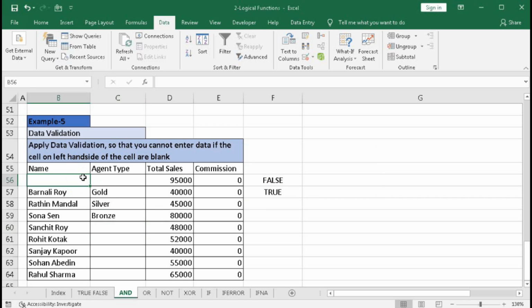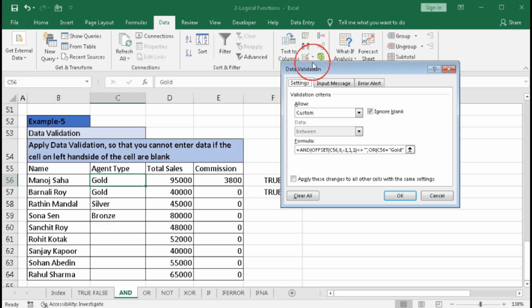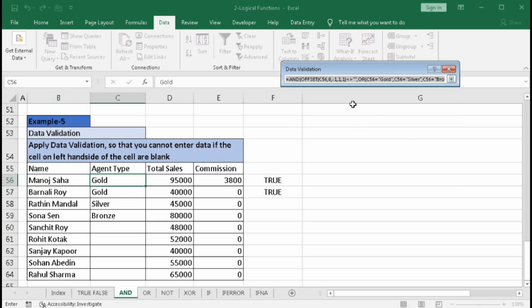As soon as I enter a value here, here I can enter gold, you can see. So this is the condition we have to use to validate, so that if this cell is blank, then here we cannot enter any value, and also other than gold, silver and bronze we cannot enter. So this is the formula.